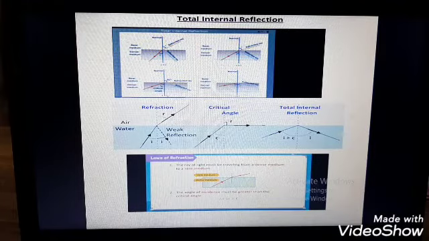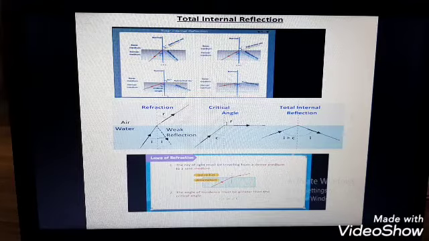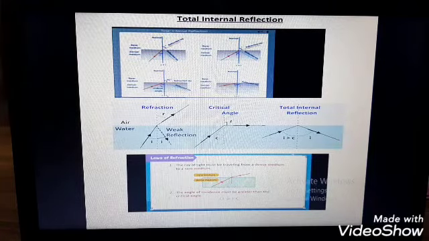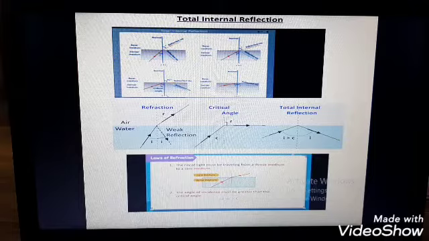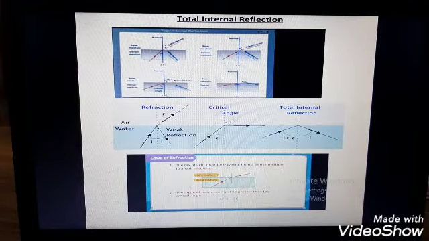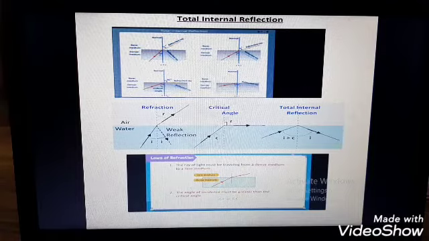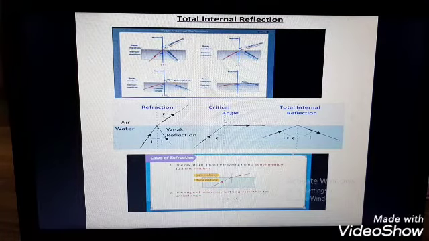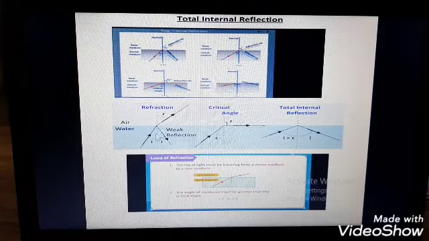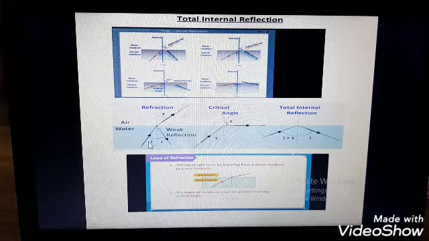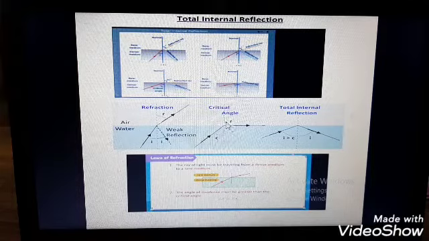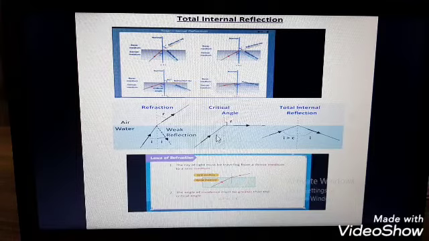If we further increase the angle of incidence, the refracted ray, instead of being above the surface, will reflect inside the surface only. It will be clear with the second figure. In this first figure, there is a weak reflection. There might be some angle of incidence and some angle of refraction. We will increase the angle of incidence so much that the angle of refraction becomes 90 degrees. At that point, the angle of incidence is known as the critical angle.